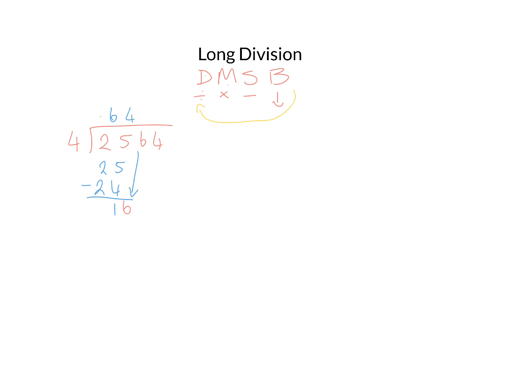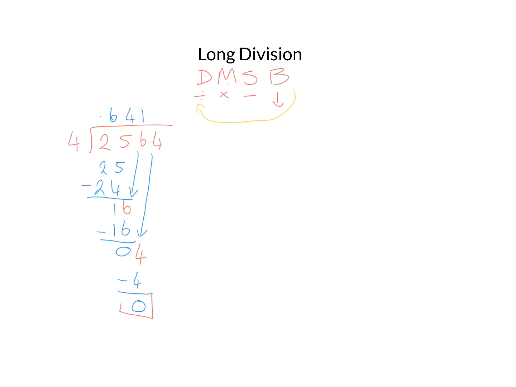4 times 4 is 16. I subtract. What I have left, 0. Bring down my 4. So now I'm going to say 4. Can 4 go into 4? Yes, it goes in once. So 1 times 4 is then 4. Subtracted, and I get 0. Now,